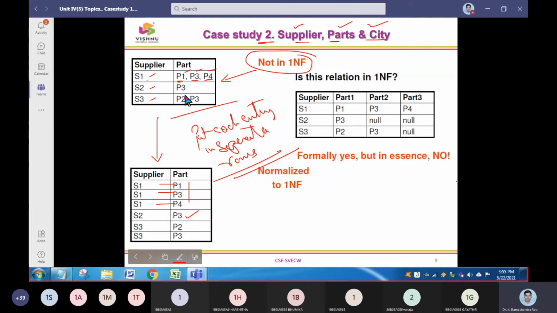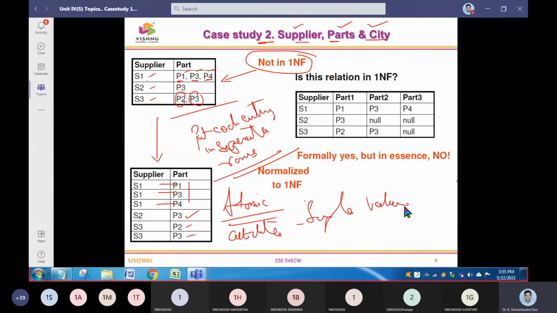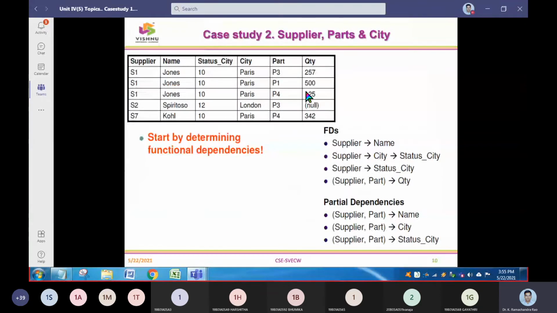So what you can do, instead of putting 2 separate things in a table, you are going to derive it into 2 more rows. So now you can see that all the values are atomic. All the attributes are single valued attributes. Therefore, now we can assume that these entities are fitting the first normal form.